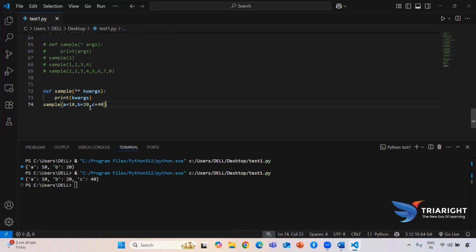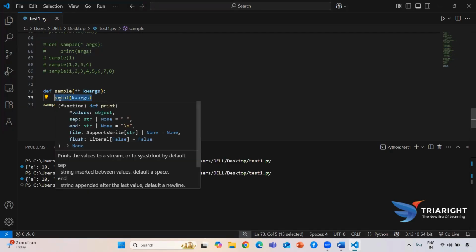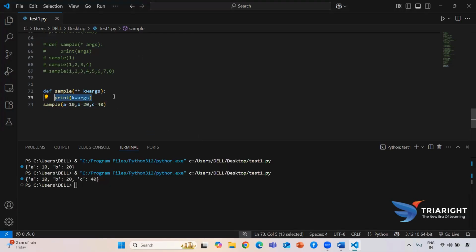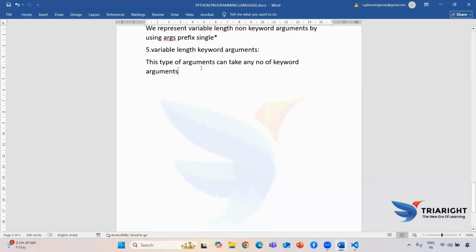If you are performing some operation also, you need to write it. As of now I don't want to perform anything, so I just want to print what I'm getting from the function call. If you want to perform some example or statement, you can write it. In the upcoming session we are going to discuss some coding questions also. So the second point for this one,